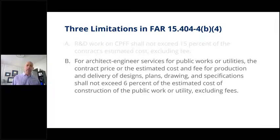For architect, engineer, or AE work, this one is a little wordy. Basically, I'll break it down to you. It essentially says that the AE contract cannot exceed 6% of the actual construction work. It doesn't say 6% fee. It simply says that the architect engineer, right? So that's the person that's designed, let's say it's a new bridge, right? And so there's going to be public funds to construct the bridge. This says that the architect engineer contract cannot exceed 6% of the estimated cost of the construction of the bridge